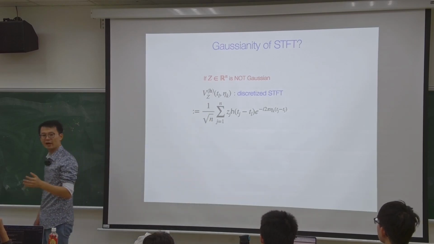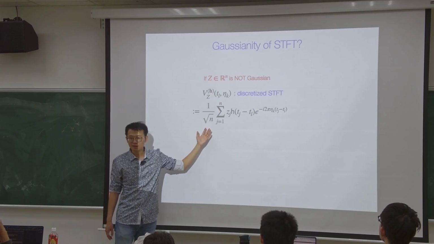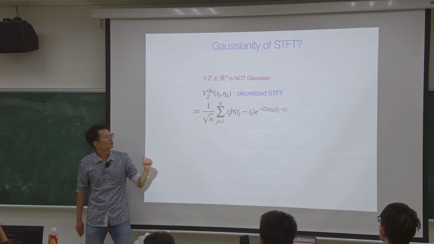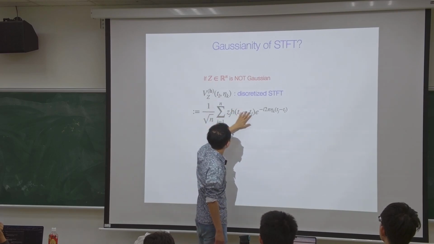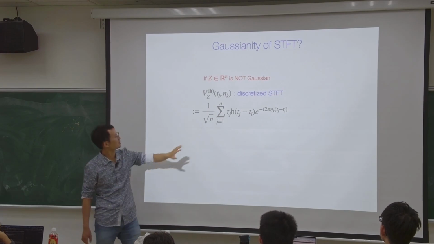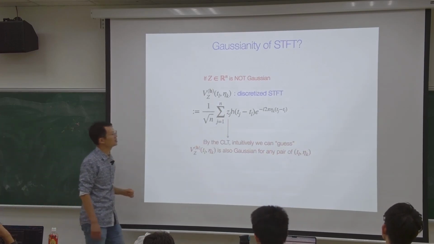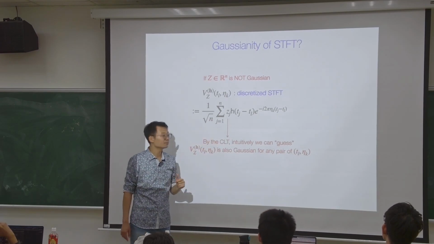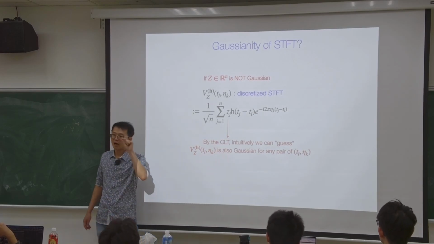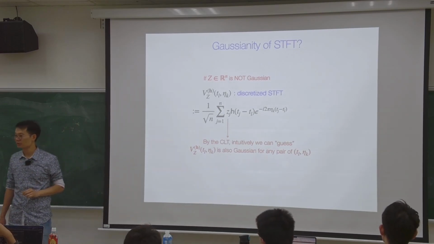For students who have learned some probability, this may ring a bell, right? Something called the central limit theorem might appear, isn't it? So it tells you that suppose you fix t_ℓ and fix η_k, you fix both of them, you just focus on the randomness of Z_j, then you can actually easily show, using some short-range dependence, m-dependence trick, that by the central limit theorem, this is Gaussian for a given pair of t_ℓ and η_k.